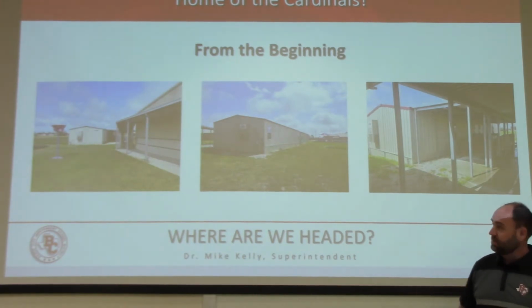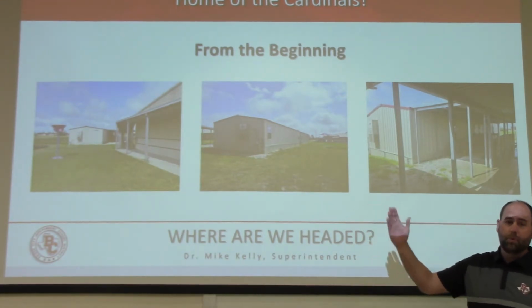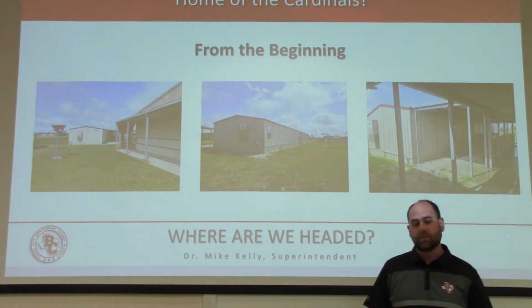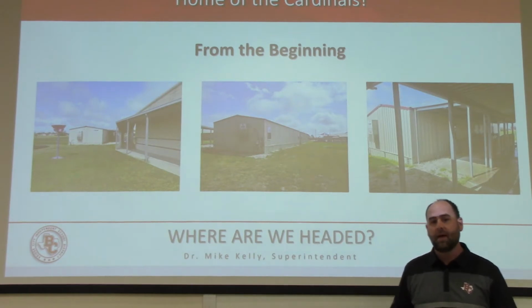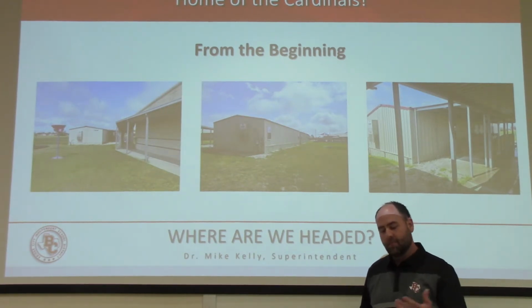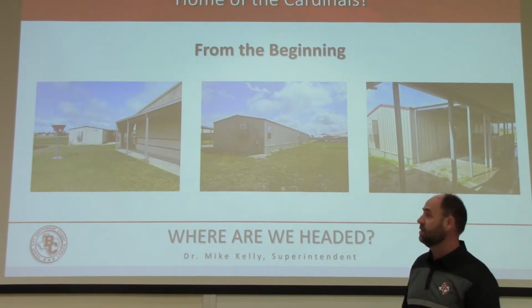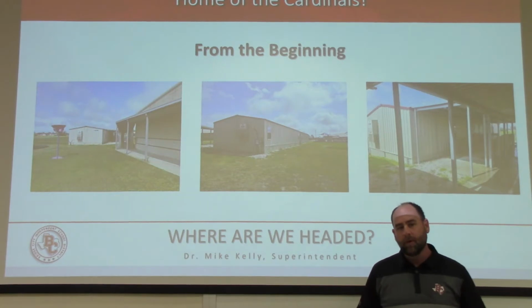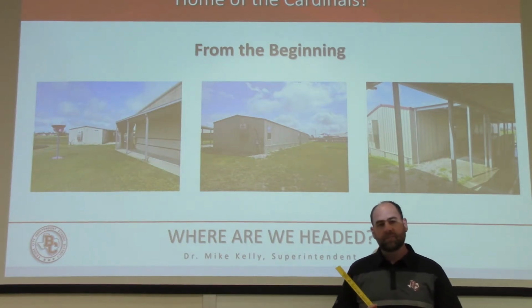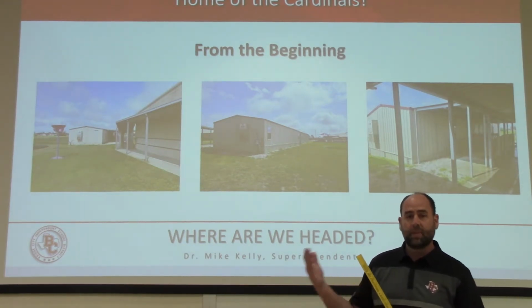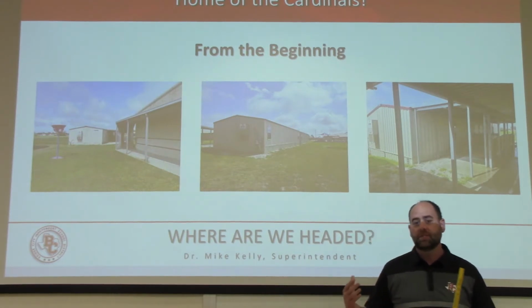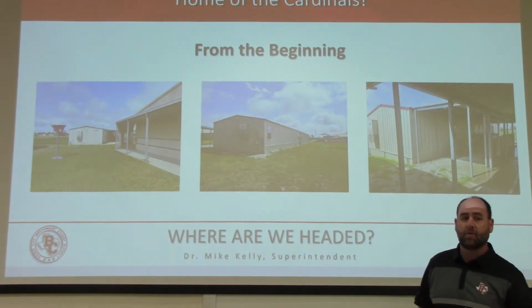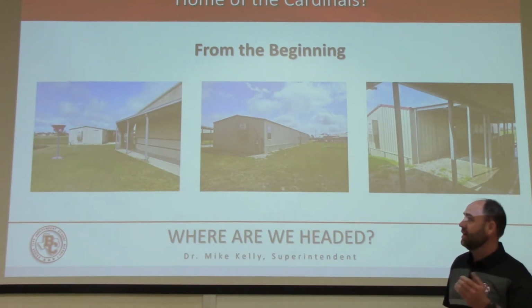These pictures are portable buildings, 2 portable buildings that house 2 classrooms apiece at the elementary campus. Our elementary campus was built in 2011. When I take over it's 2021, so 10 years, and there are already portable buildings outside of that campus. That told me one of 2 things: one, there was some quick growth, which is typically why portable buildings are there, or two, maybe some unexpected growth. But whether it was unexpected or quick, the bottom line is they were there.